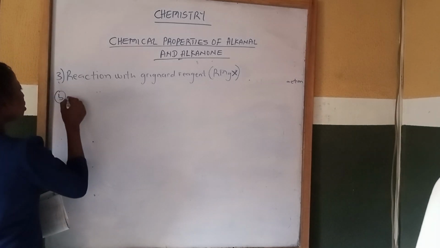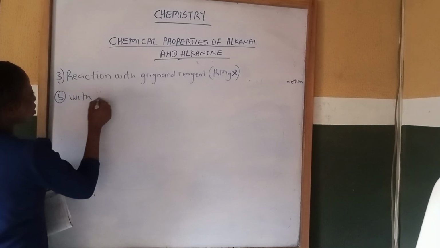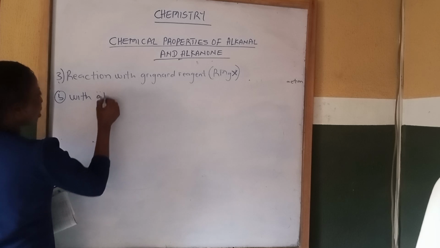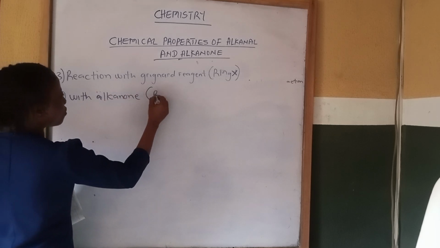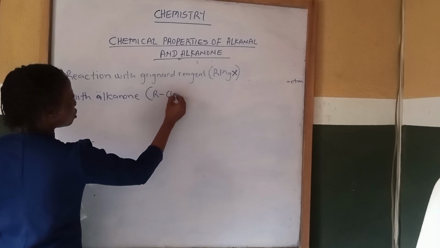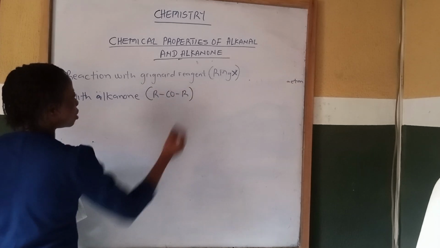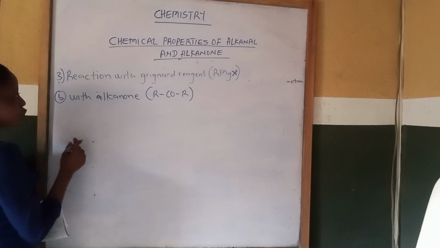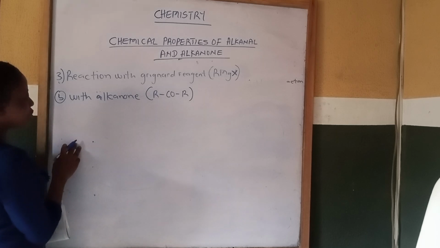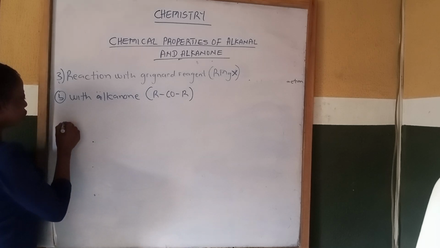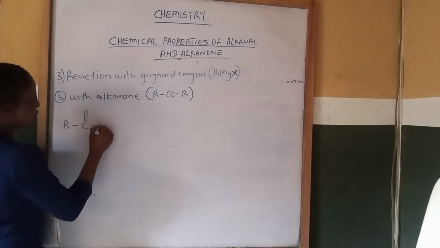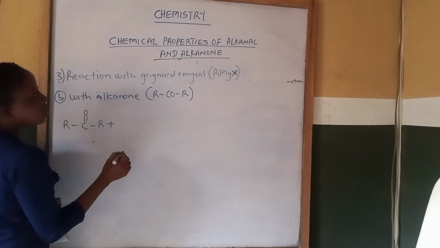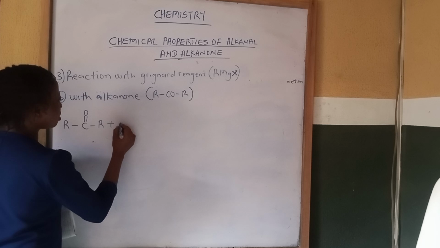Grignard reagent with alkanone. The general formula for alkanone is RCOR. So let's use the structural formula: R, C double bond O, then R, plus our Grignard reagent,